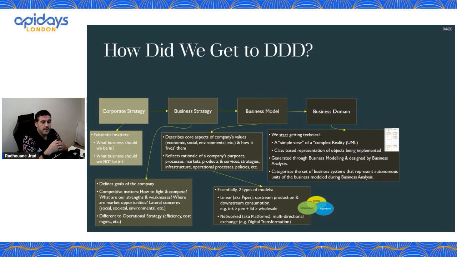You have accounting, people who are busy with accounting. You have the customer service, and then in the production itself, if you're producing a car, you have a team that works on tires, teams that work on the bodies, on the engine, and you would want them to have some sort of autonomy in the way they are managed, the way they are managing the data, the way they are producing things. There is a relationship, but they shouldn't be mixed up. So that's how you define your business domains, and that's where domain-driven design came about.